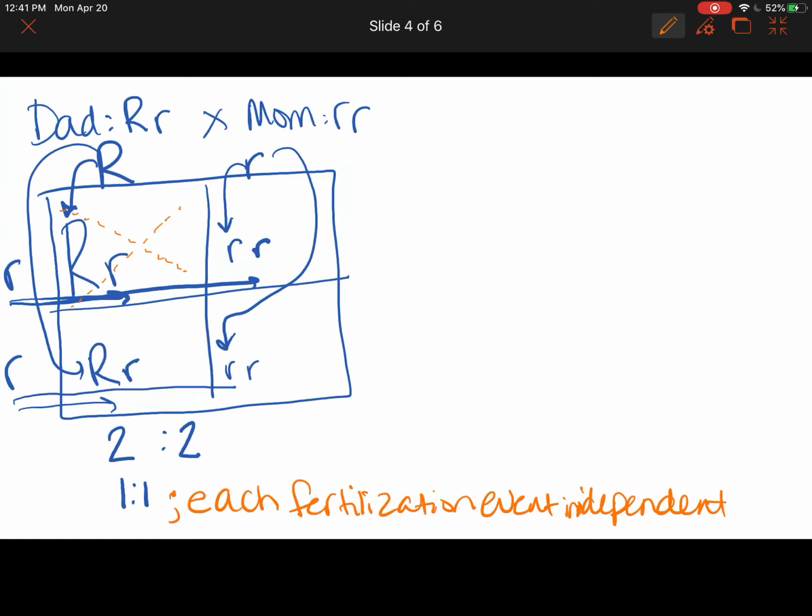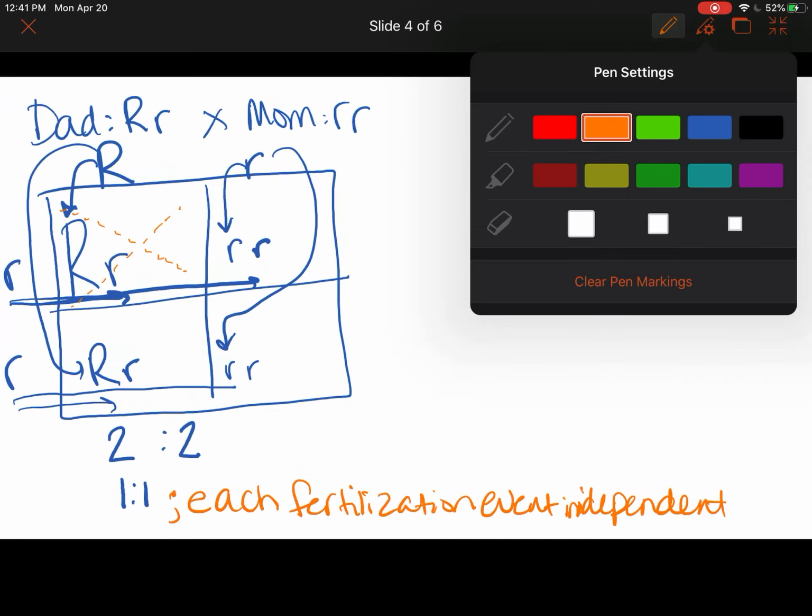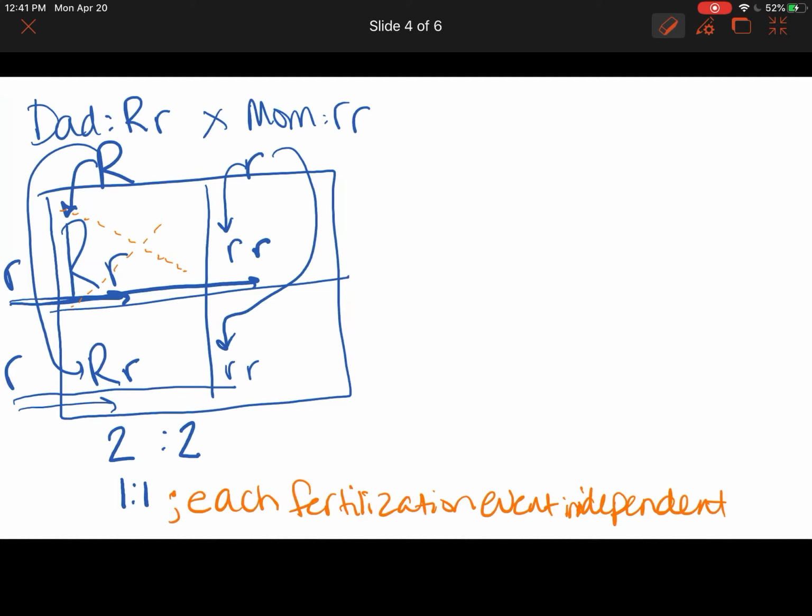Okay, so just because baby number 1 could roll its tongue, when it's time for baby number 2 to come along, they're going to have all of these same possibilities for baby number 2. Baby number 1's genotype is going to have nothing to do with baby number 2's genotype because every fertilization event is independent. Okay,